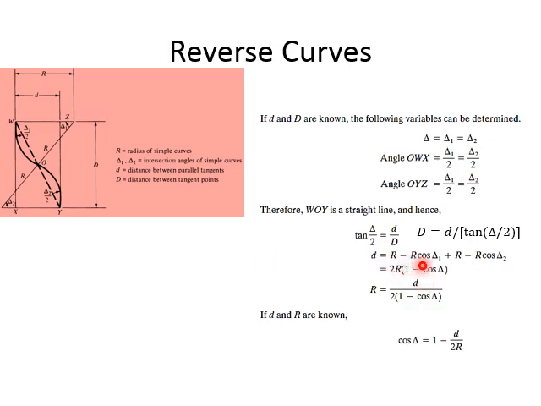So this is what we are doing here. R minus r cos delta, this will be half of d. Then you do it again, r minus r cos delta. So this will be the value of d. And from this equation, you can get the value of r. So r in terms of small d is equal to this much. And from this equation, you can get the value of delta as well. So cos delta on one side, everything on the other side. So you can use this equation to calculate delta as well.